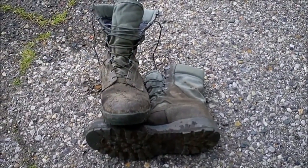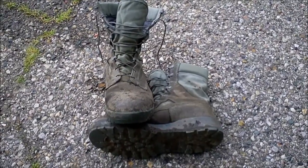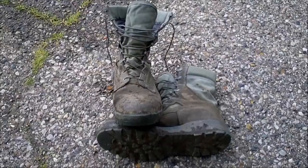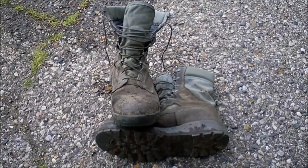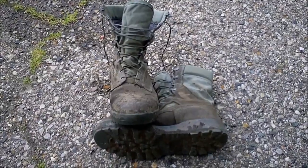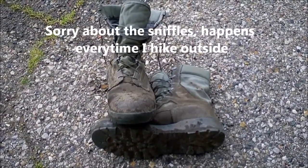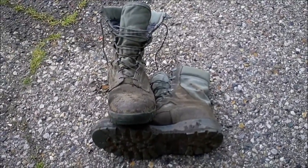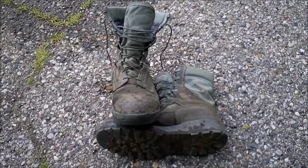Well, here we go. My update on the review of these boots. I had hoped to do 200 miles or 6 months, whichever came first, 200 miles of hiking, and I sprained my knee, and basically I've got just under 80 miles on these in 6 months. So they've still held up. They're good. I just did a 6-mile hike. It's starting to rain, so I got to rush here. Did a 6-mile hike, no blisters, no hot spots, and I stood in the lake for a minute, about 4 or 5 inches of water,